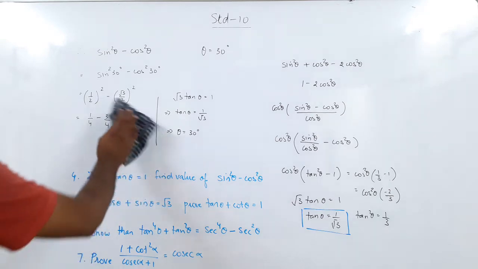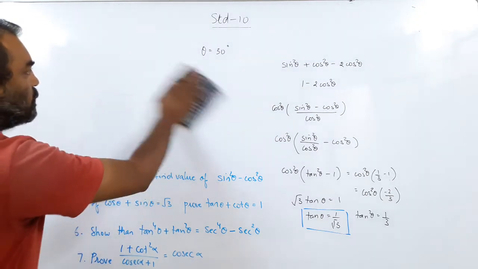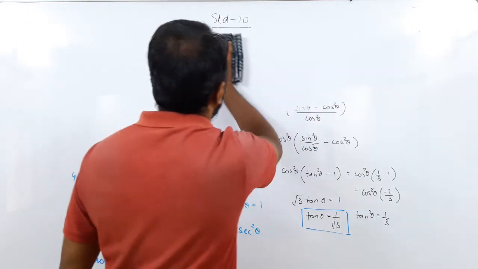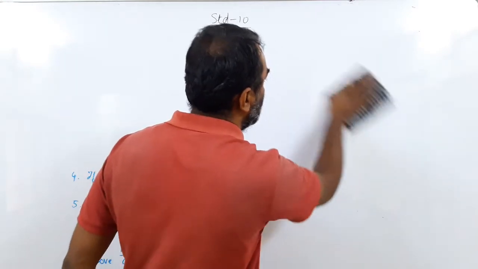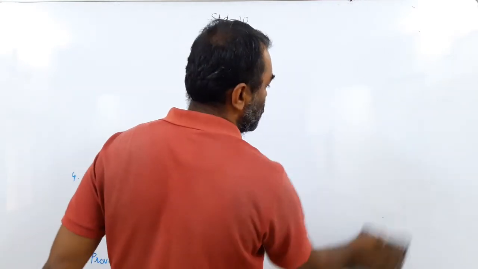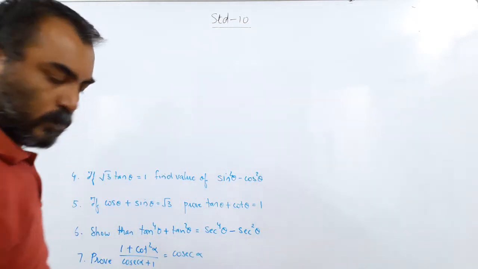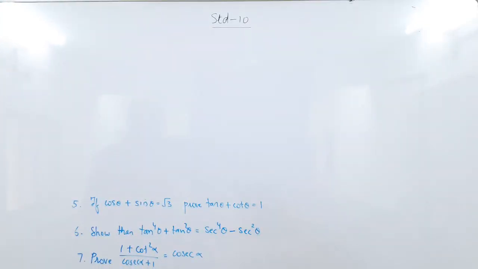So this is a different kind of approach to a different kind of sum. Yes, and this is the best part in mathematics, where you can use different methods. Choose your own method and you have to find the simplest and the easiest method. So this will come only through practice. You can do this sum in many different ways, but we will choose the simplest and the easiest. Okay, now the next one.